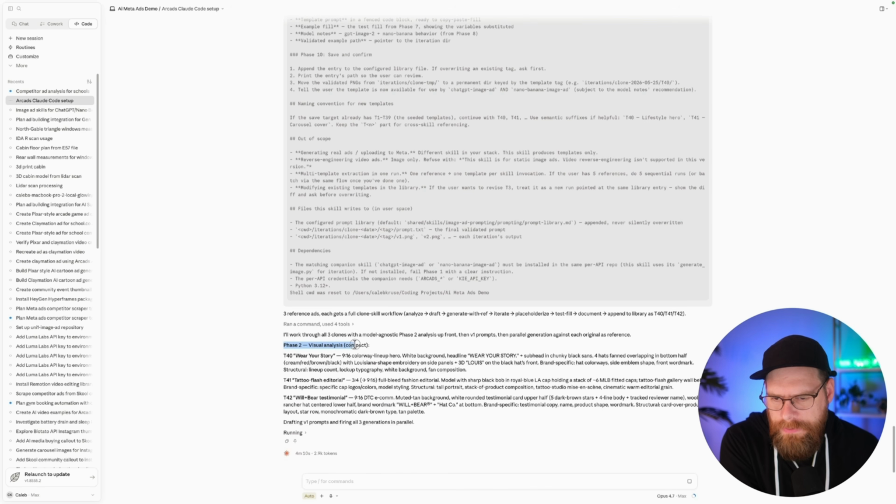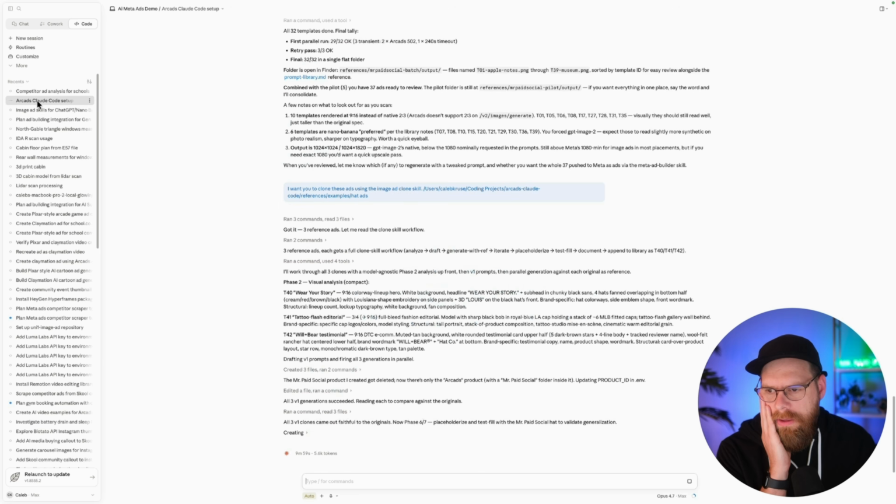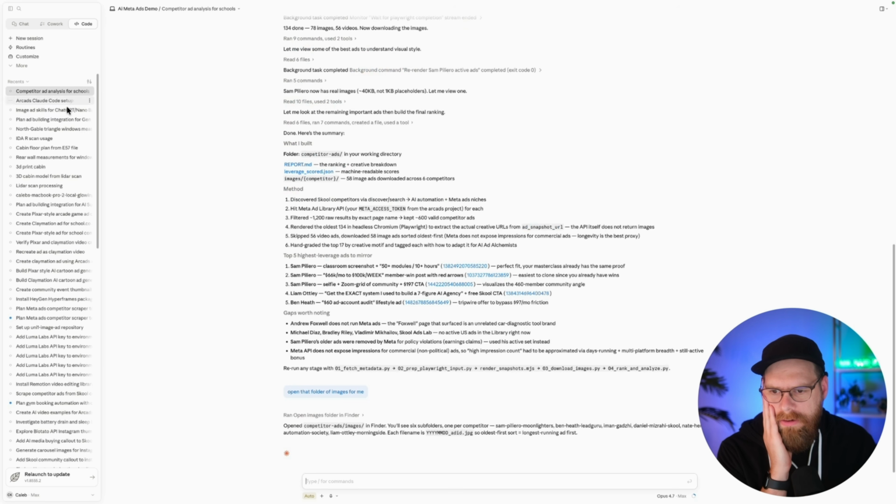All right, now it's doing phase 2, which is the visual analysis, and it's breaking down each one of those image ads that I gave it into basically a format, and it's drafting the V1 of the prompts and firing them all off to ARC ads in parallel. While we're waiting on the new image clones, I wanted to check on the competitor analysis that we started a